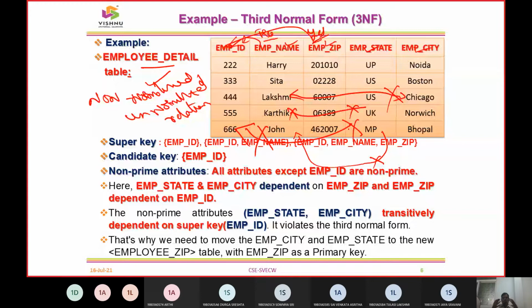So these are some of the flaws, anomalies and errors that were present in the table. Now, how are we going to figure out these contents so that we get better normalization? For that, we look into the first aspect called the super key, the second aspect called the candidate key, and the third aspect called non-prime attributes. From the super key, we get the candidate key. From the candidate key, we get the primary key. So this was the chain we were talking about.